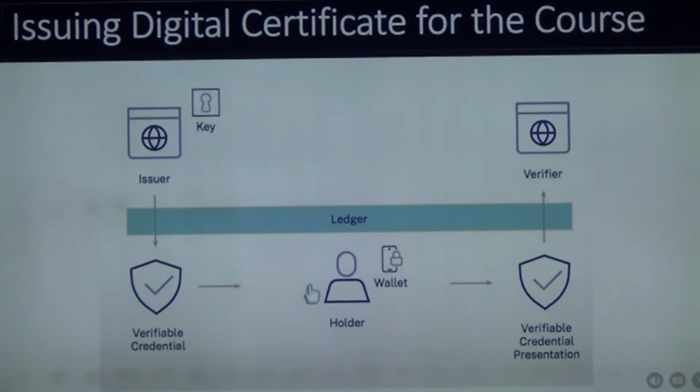So the user interface would ask you to input your name and your roll number, and we have to create your digital identity as well. Let's not get into that, but that information goes here. It checks in its record that yes, you are a valid user, and this is your roll number. So it generates a digital certificate for the course and makes a signature and sends it back to your digital wallet.